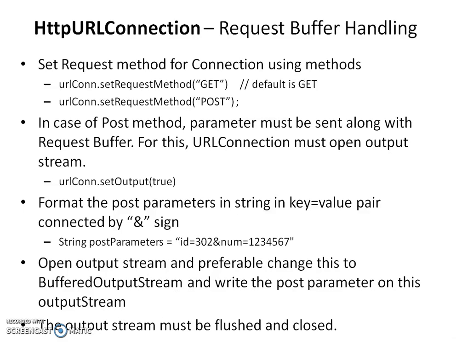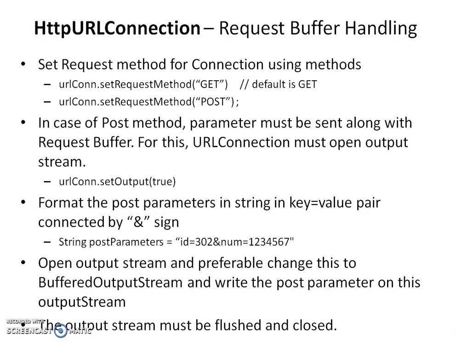Is it a GET or POST? The default is GET. If you do not set any request method, then it takes the request as GET. The method for setting the request method is urlConnection.setRequestMethod, where in double quotes we can specify whether it's